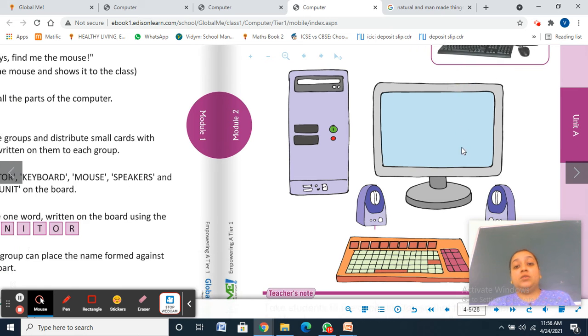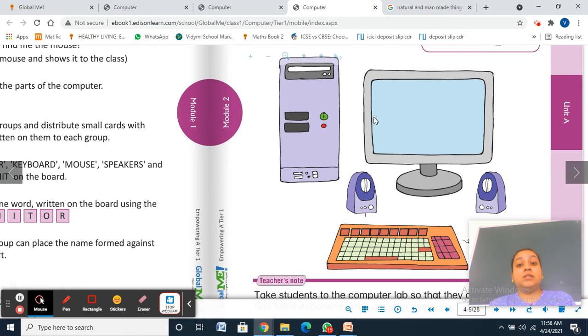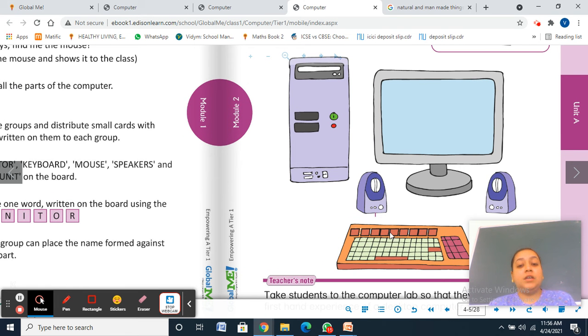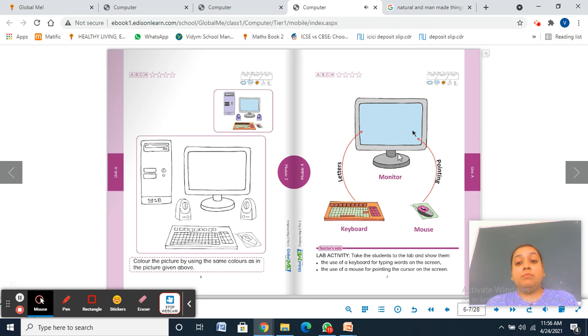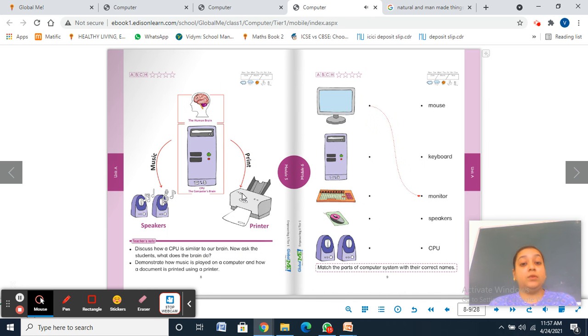We have different kinds of monitors, keyboards, and speakers as per our requirements. I'm going to give you a detailed view of the desktop computer. We are going to talk about the monitor, the keyboard, the CPU, the speakers and the mouse.